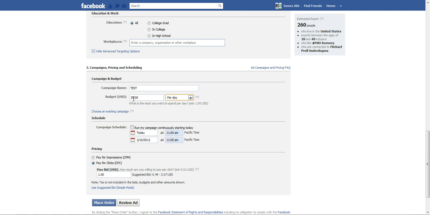Difference between per day and lifetime is you can determine when you want your ads to run. Okay, so you can determine the dates. You can determine what time they start and what time they end. But you cannot determine anything more specific than that. You can't say run my ads from 9 a.m. to 10 a.m. You can't get that specific. Per day,